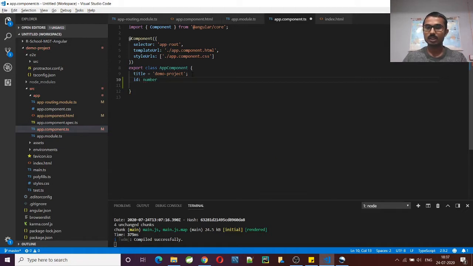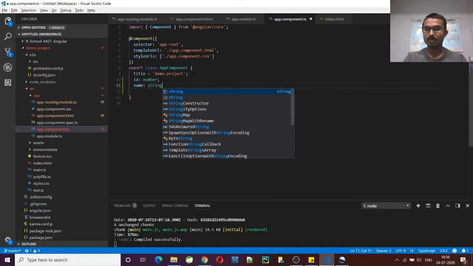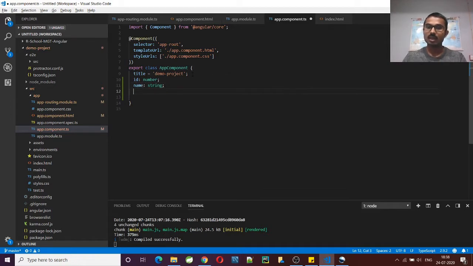This is one data type, and there is also the string data type. For example, name would be a string data type. And if you don't know the data type of a property, then you can specify any for that property.